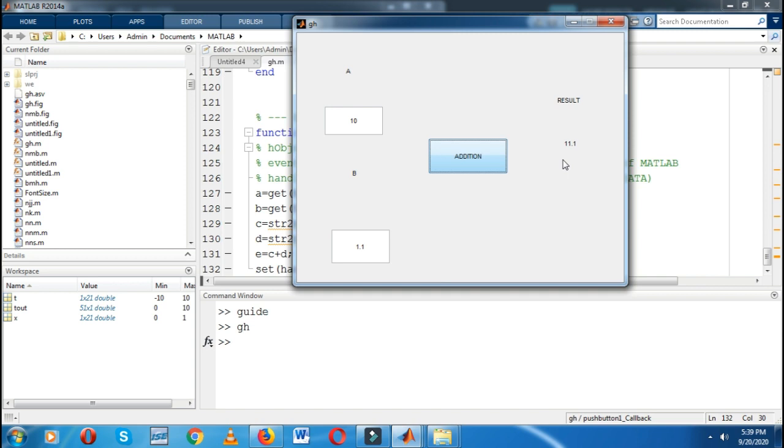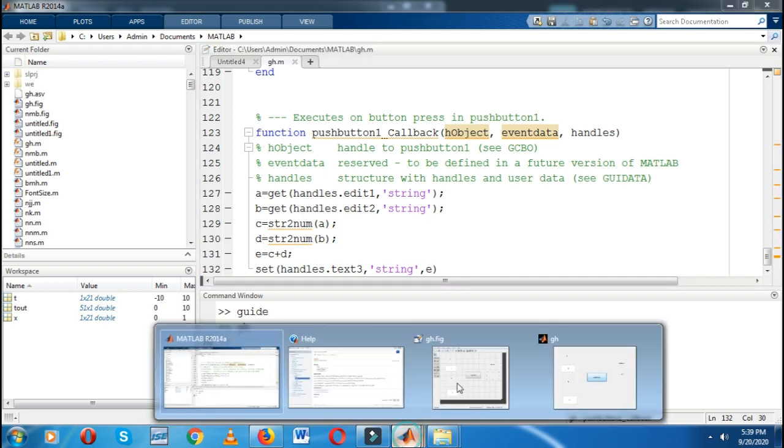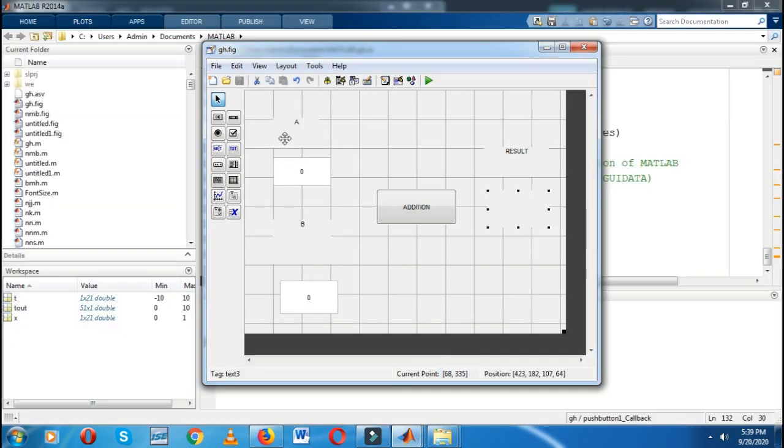So once again, see here what I have done. Initially I have taken a static text because I have to write the text, that is A and B. Then I have taken edit boxes because I have to take values externally, so that's why I have taken two edits.